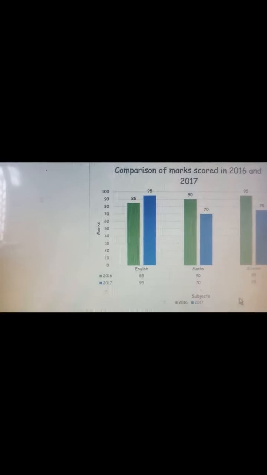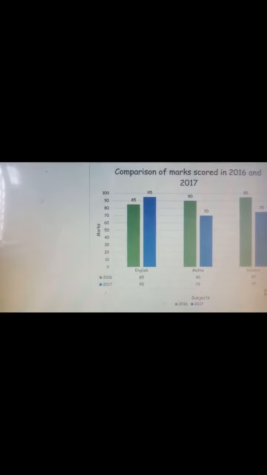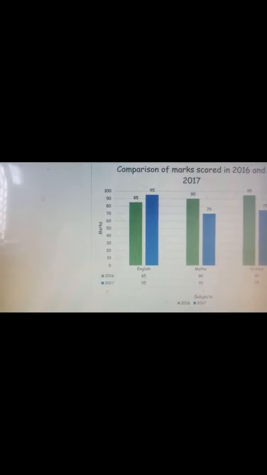This one is the x-axis and this one is the y-axis. The x-axis is a horizontal line which displays the names of the categories of data. That's why the x-axis is also called the category axis.